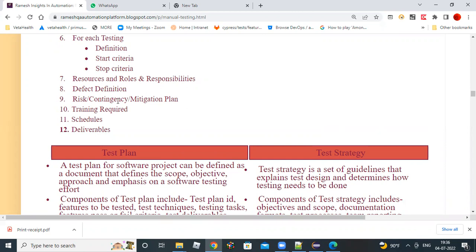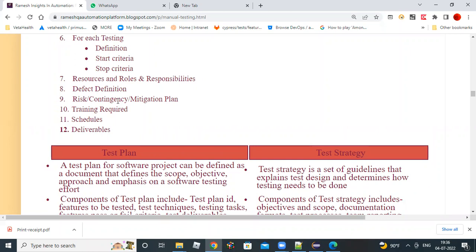So the first risk is, the development team has given a build very late to you and you are not able to finish the testing. That's a risk. You have to know in advance and raise an alarm saying that,